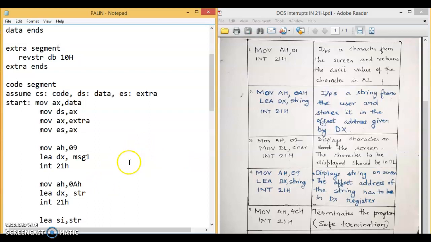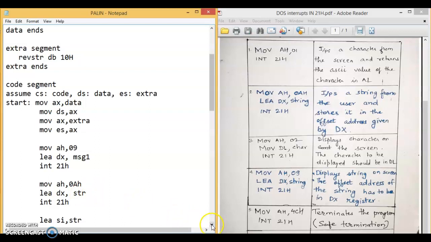Once the string is entered by the user, this piece of code will collect the string and load it into the memory named str as per the above format. The first location of str will be don't care, the second location will automatically calculate the count and store the count in, and from the third location onwards your string starts.